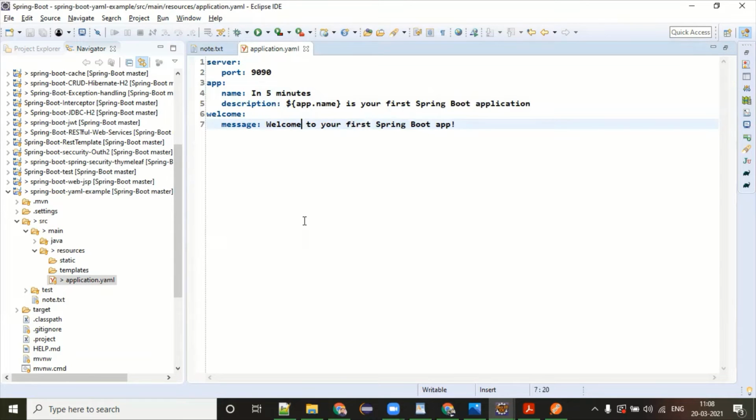No. Spring Boot is smart enough to read your properties configuration, whether it is application.yaml or application.properties. Both are acceptable. But if both are there, I'm not sure how it's going to work. I never tried this, but if any of these files is there, it will start working.